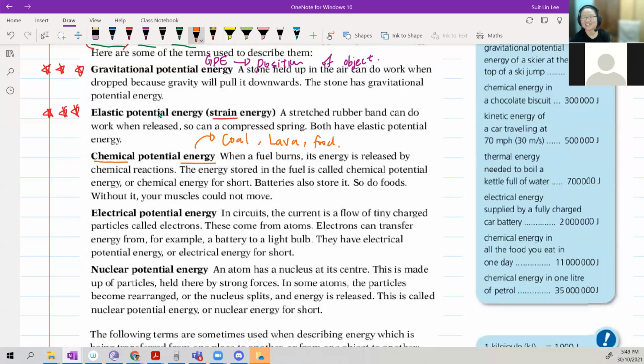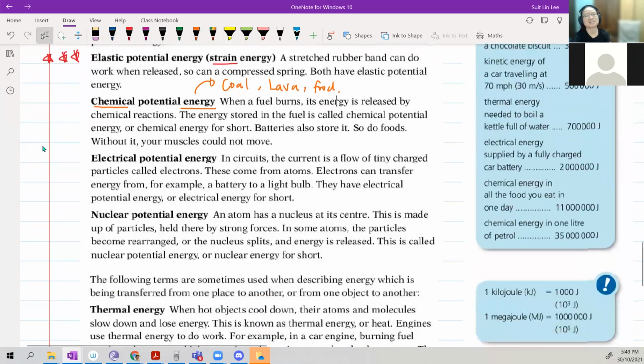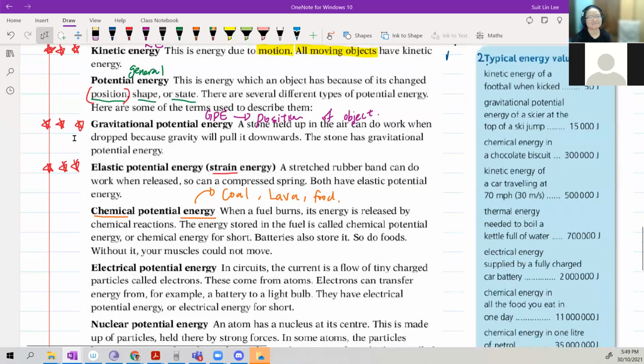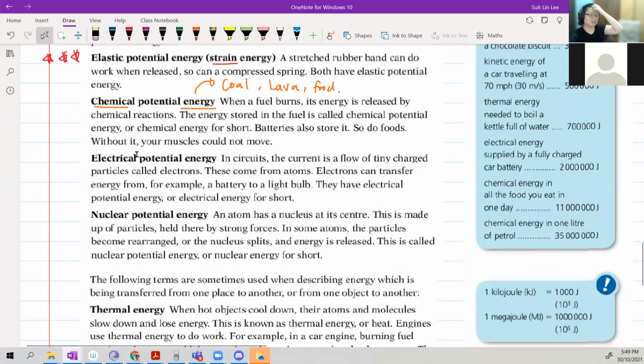Okay, so all this is chemical potential energy. All right, electric potential energy. No stars. Just need to know 有这个东西就可以了. No need to calculate one. This one all need to calculate. Got equation. The one that I star. I guess maybe 1 star, because sometimes you need to mention it.